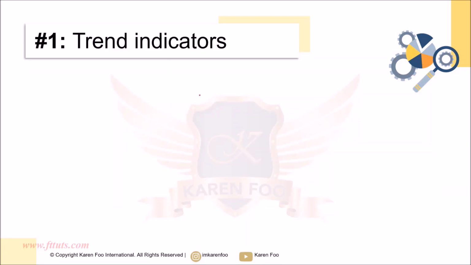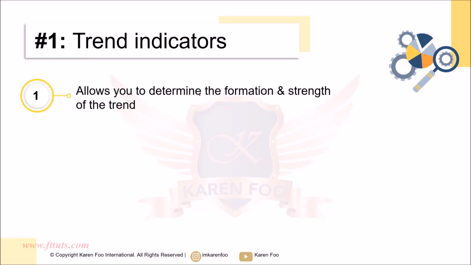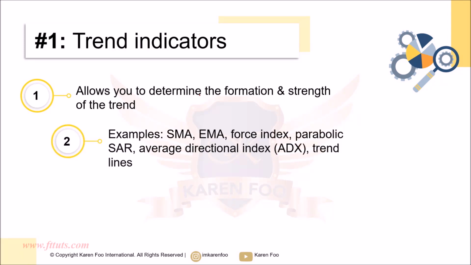Okay, so the first type of indicator, I want to go into detail. What are trend indicators? Basically, trend indicators allow you to determine the formation and the strength of the trend. They help you identify a trend and also help you determine the strength of the trend. Is the bullish trend weak, or is it very strong? Number 2, examples of trend indicators: you have simple moving average, exponential moving average, force index, parabolic SAR, ADX, and